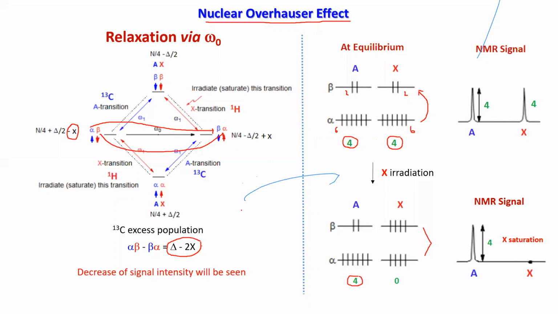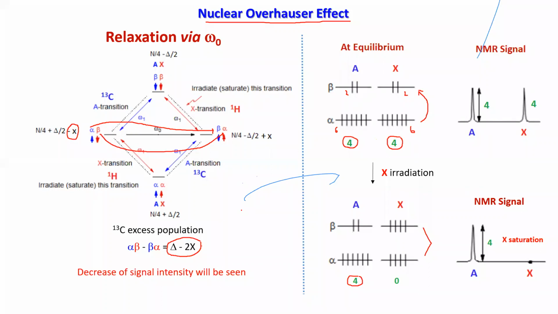Sir, why are two nuclei of X jumping? No, we have to think about what your aim is. Your aim is to get the signal under proton decoupled 13C conditions, right? Yes, sir. You are having the 13C spectrum, proton decoupled 13C. To do proton decoupled 13C, I told you, you have to hide the proton. You can hide the proton by quick saturation of the proton nuclei. Understood? Yes.